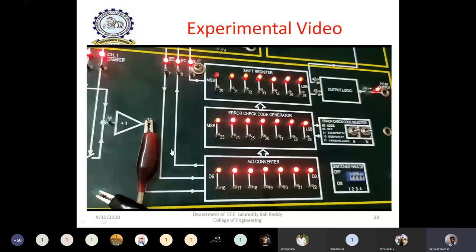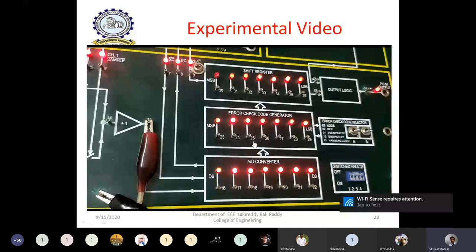a number of samples. Based on the number of samples, each sample value, or each quantized value, is encoded. That means at the first sampling time, one quantized value is passed, and for that quantization, 7 bits of information are transmitted. For the next sample or quantized value, again 7 bits are encoded. Like that, 7 bits are encoded continuously one after the other.